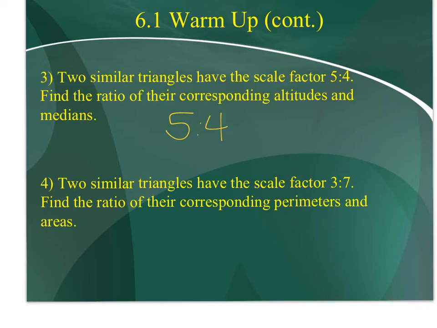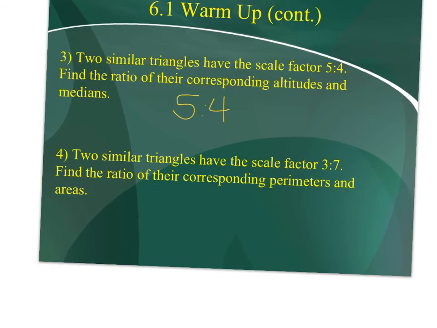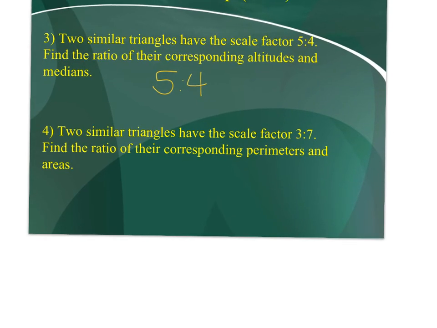Number 4 says 2 similar triangles have a scale factor of 3 to 7. Find the ratio of their corresponding perimeters and areas. So what do we know about the comparison of the scale factor to the ratio of the perimeters? It's the same. So the perimeters would be 3 to 7. Did we talk about areas at all yet? No. So let's talk about what would happen if I had a triangle,